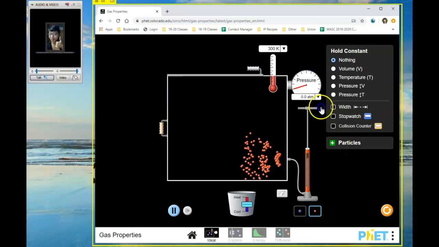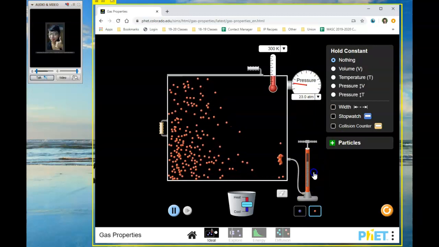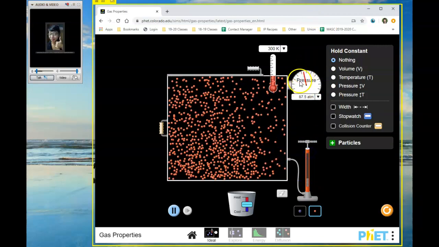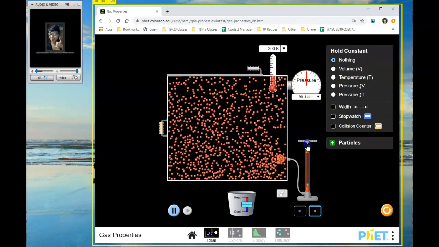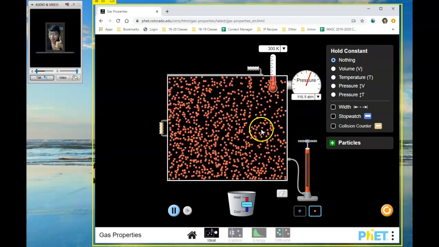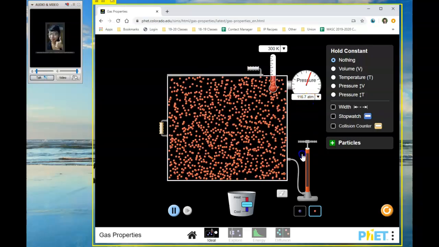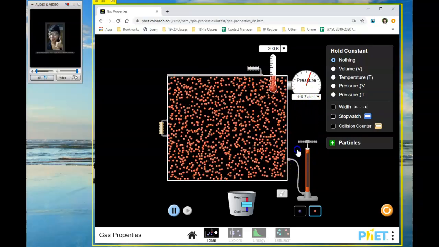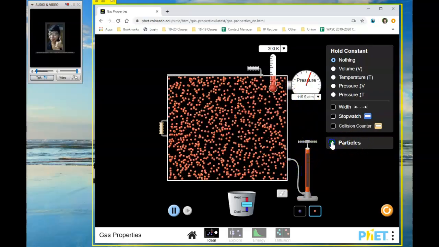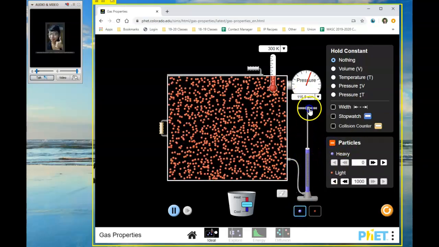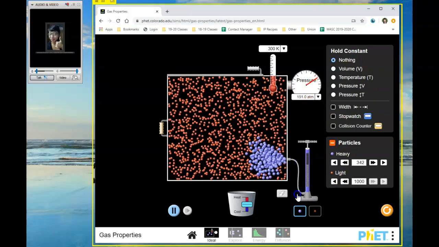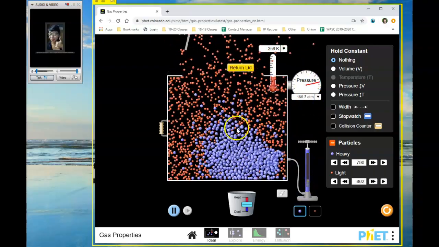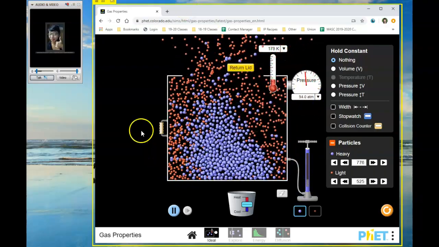Here we go. So if I'm just consistently adding more and more particles, eventually the pressure is going to be too much, right? You can see the pressure gauge increasing. And the scuba tank right now, this is all compressed gas, all right? So there's a lot of gas in this scuba tank, but the more and more I add, the more pressure there's going to be. Actually, I don't think it's letting me add more. Hold on, let's see if we can add more of the heavy ones. Here we go. There we go. We'll add more particles of the other one. It doesn't even want me to make it explode. It's like too much, Brittany. There you go. And you can see it explode, okay?